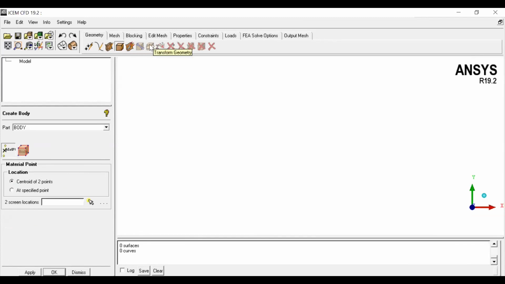And the remaining are repair and transform geometry. In transform geometry, we can translate and rotate. The translation can be linear, or we can specify rotation in a particular direction, and you can copy and move the geometry. All these things can be done in transform geometry. And the remaining five commands are delete related: delete point, delete curve, delete surface, delete body, and delete any entity. If you select this, you can select either a point, curve, or anything.